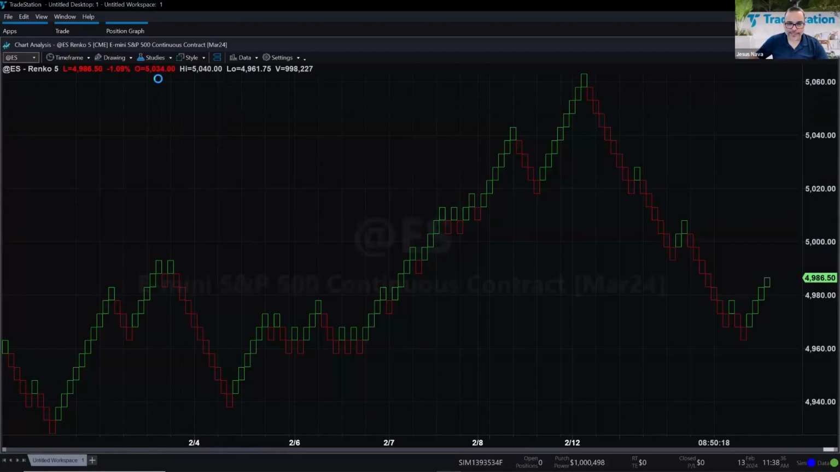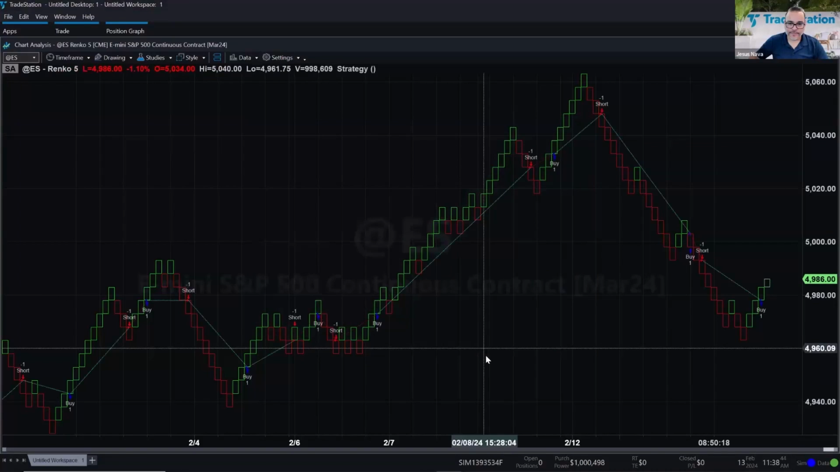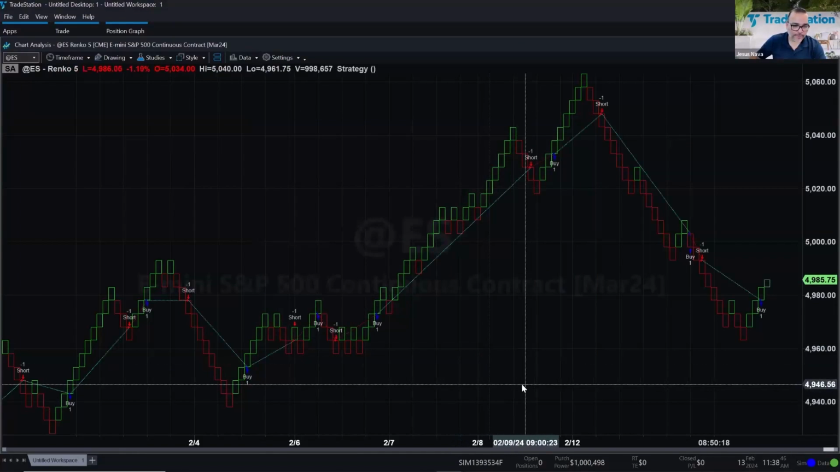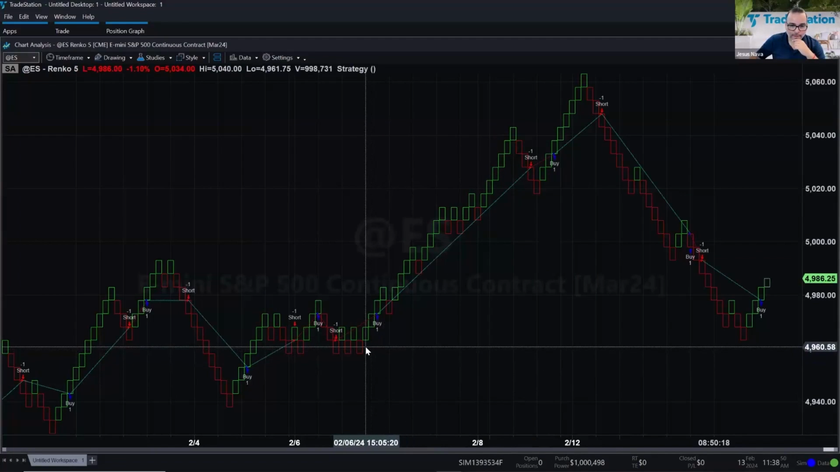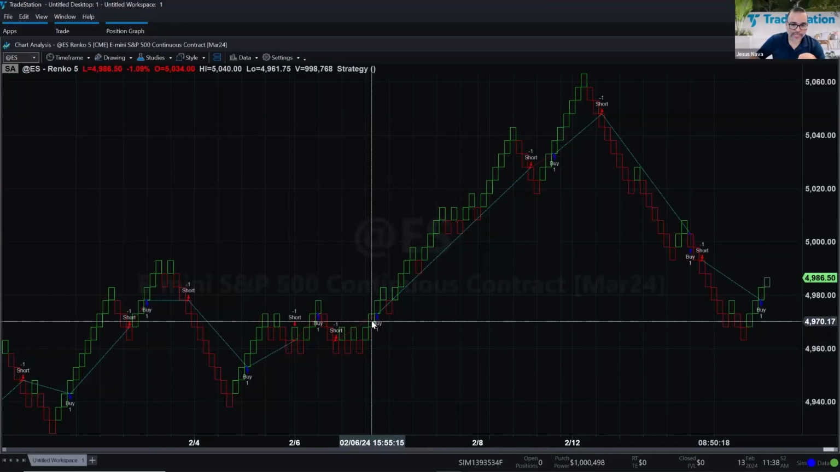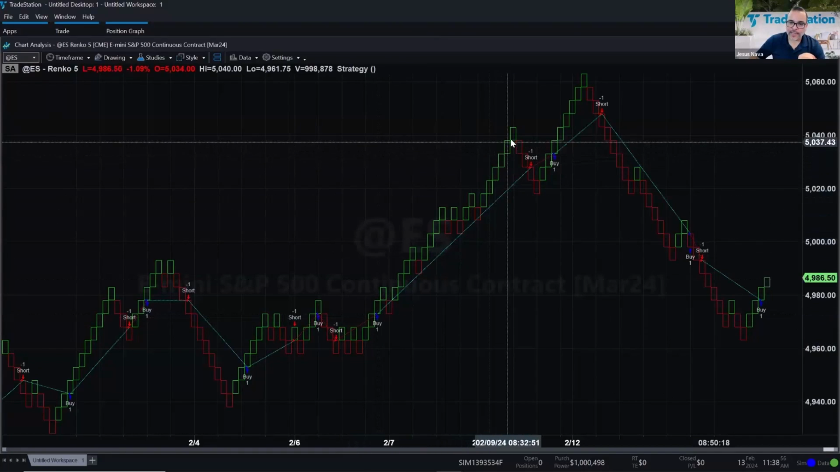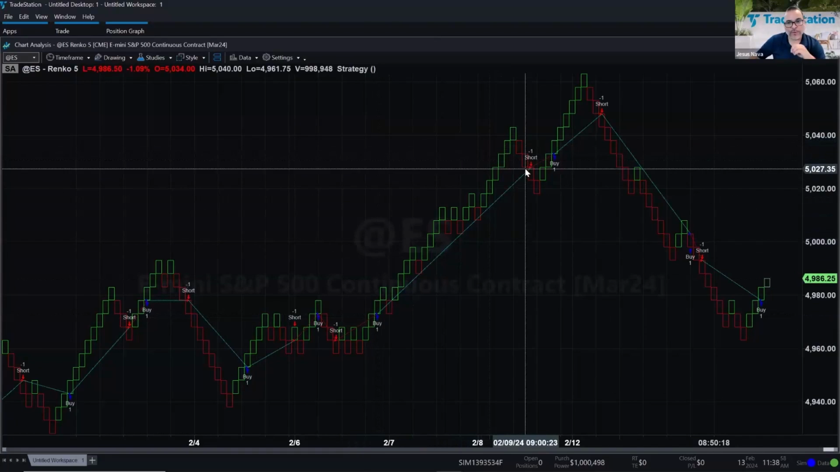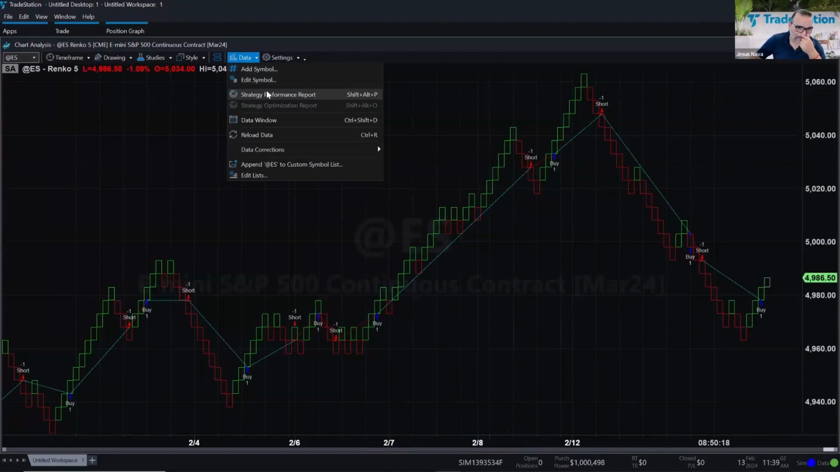Studies, add strategy. Let me go to my @MCs, and this is Renko. All right, so here we have the strategy. You can see that on the 2 consecutive higher closes, we have a buy transaction. And anytime we have two consecutive lower closes, we have a short trade. If I go to the strategy performance report,